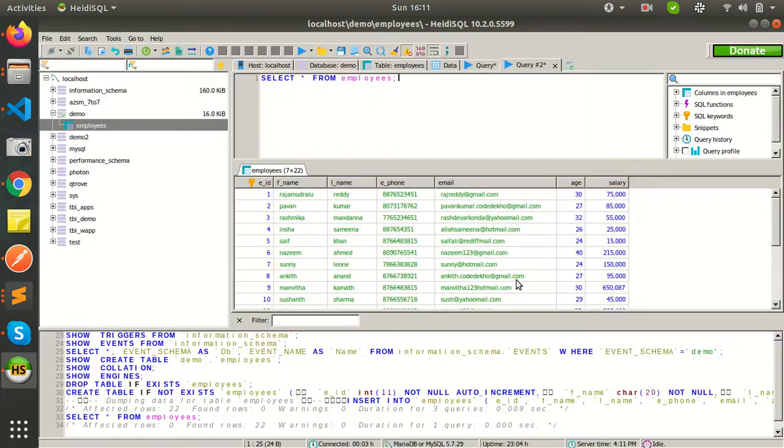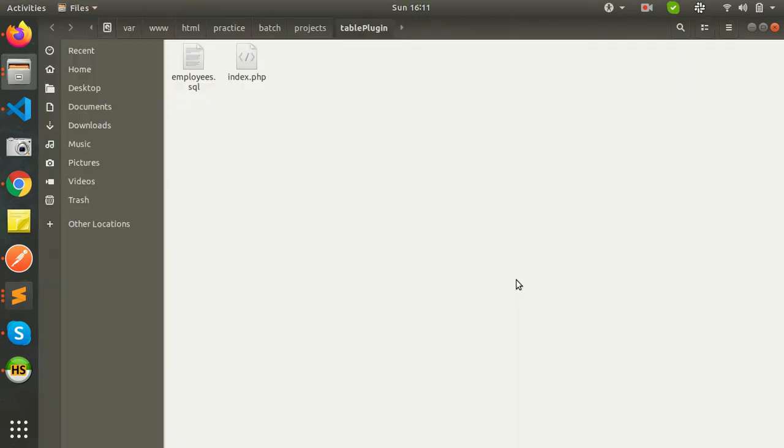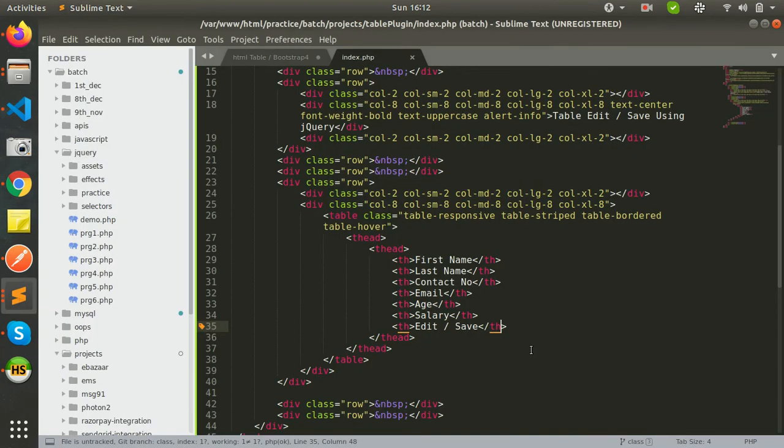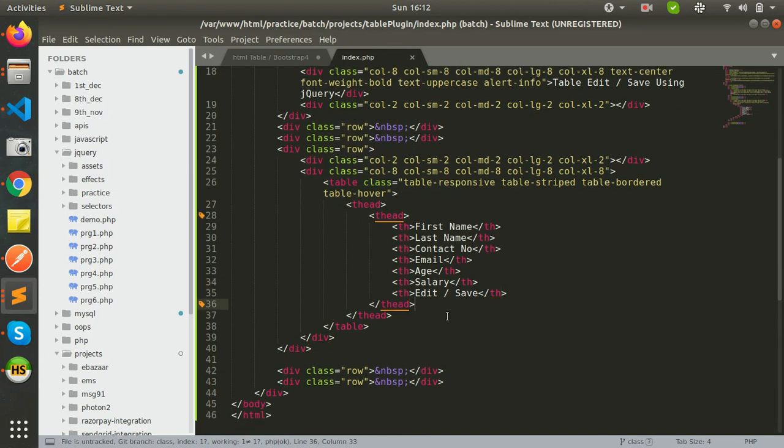Let's do it. Let's go to this page, refresh it. We will be getting first name, last name, contact number, email, age, salary, edit and save. These things we will be getting here. Now let's